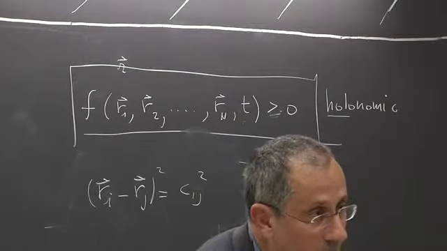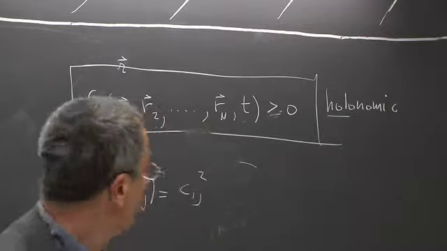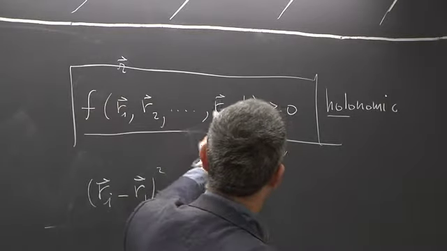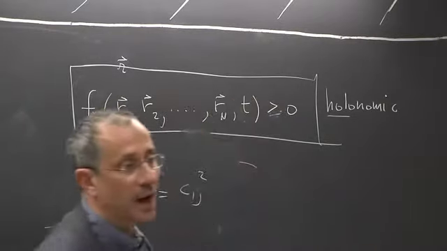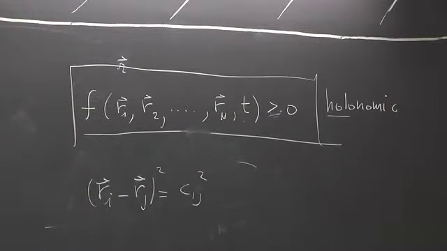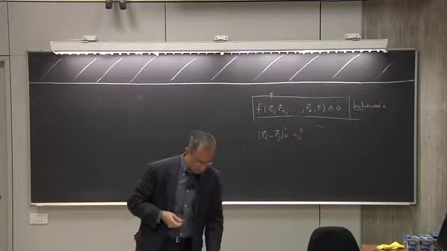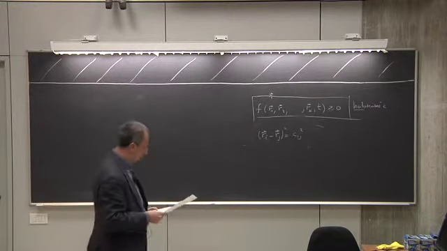smaller than the table. So it's in this form, and this form is not holonomic because you see you cannot solve one of these coordinates as a function of the others because you have a greater than instead of an equal, and that cannot be solved to get rid of one coordinate. So that's an example of non-holonomic